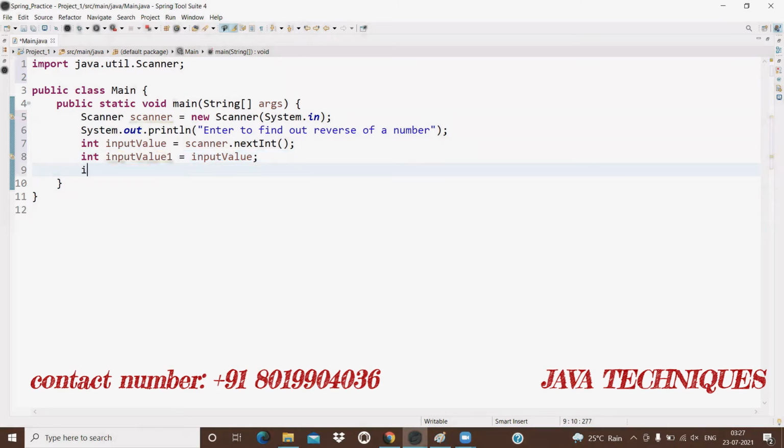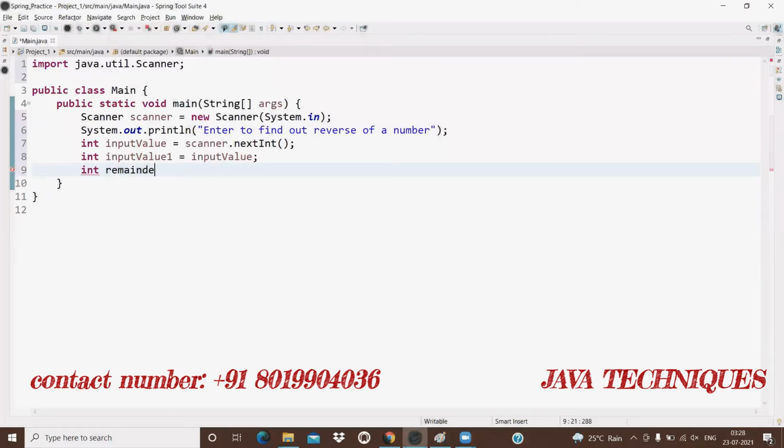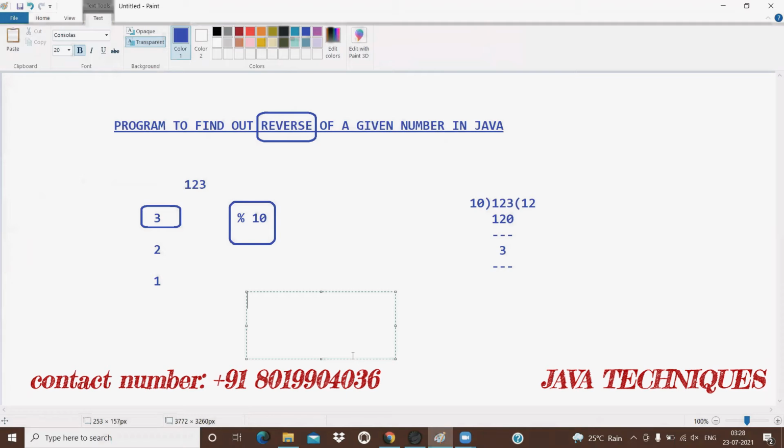Now I want to hold the remainders, the individual digits. To hold the individual digits, I'm taking one more variable, that is remainder, initialized with 0. After that, to read individual digits, we are going to store them in one more variable like this: 3, 2, 1.